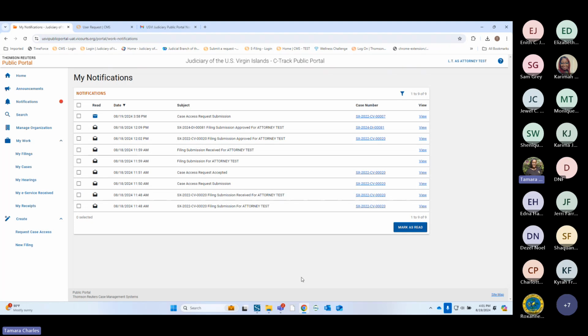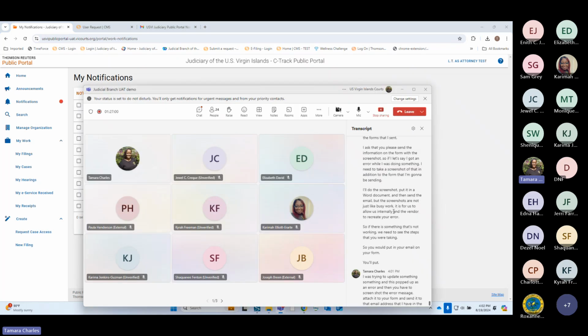So if there is something that's not working, we need to see the steps that you were taking. So you would put on your form, I was trying to update something, and this popped up as an error. Then you screenshot the error message, attach it to your form, and send it to that email address that I have in the chat.